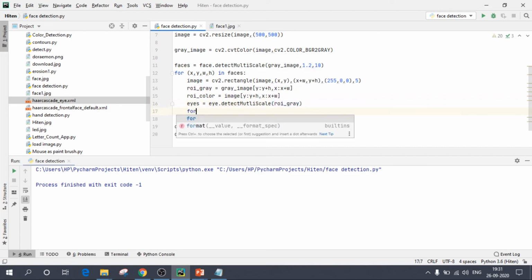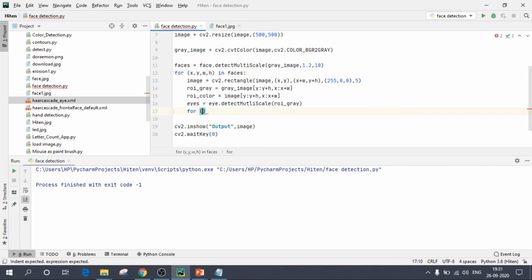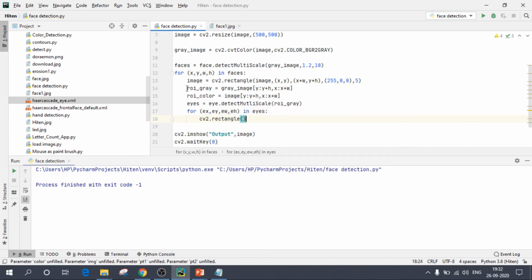So now we'll create one more for loop, as we have done for face, to draw a rectangle. So for we'll call different variables such as ex, ey, ew, eh in eyes. Okay, so we will draw a rectangle like we did previously: cv2.rectangle, we'll pass the image, that is roi_color.